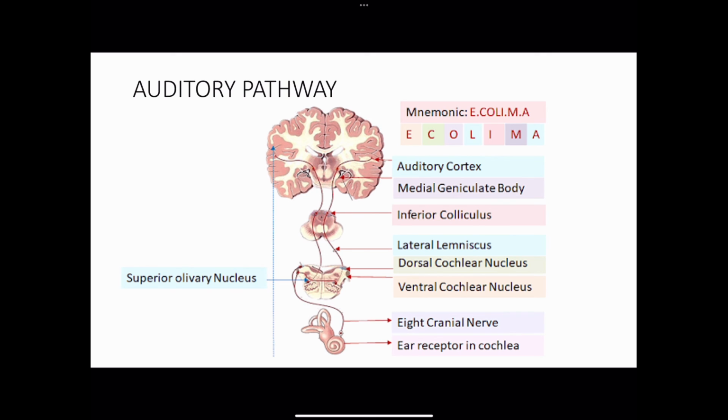Next, after the vestibulocochlear nerve picks up the action potential via its afferents, it will bring the information via the auditory pathway. The auditory pathway starts at the 8th cranial nerve, and then goes to the ventral cochlear nucleus, the dorsal cochlear nucleus, lateral lemniscus, inferior colliculus, and medial geniculate body, and towards the auditory cortex at the temporal lobe.